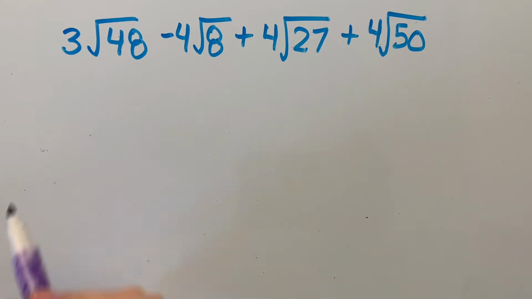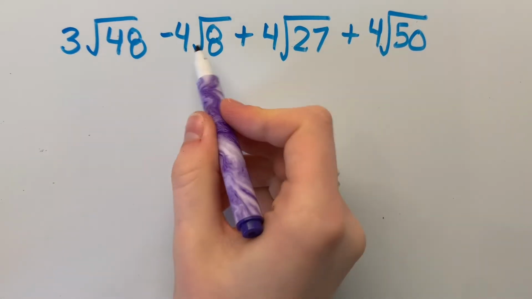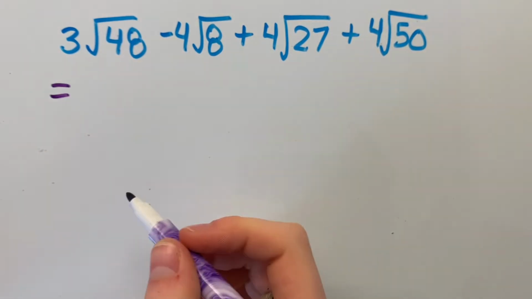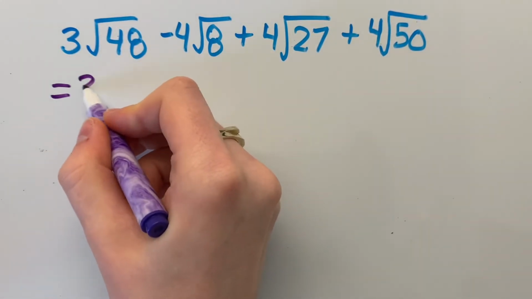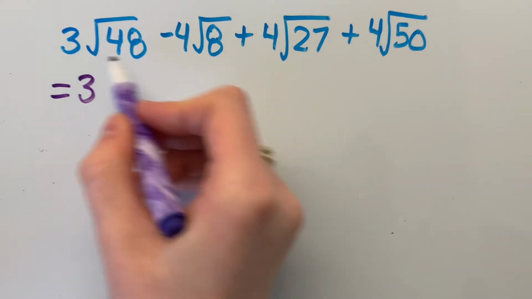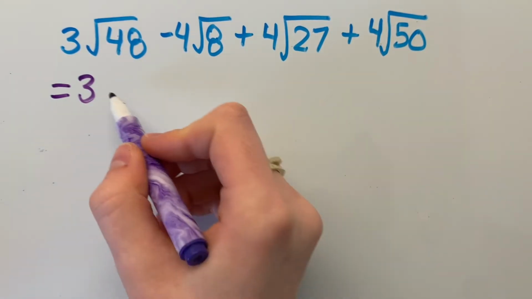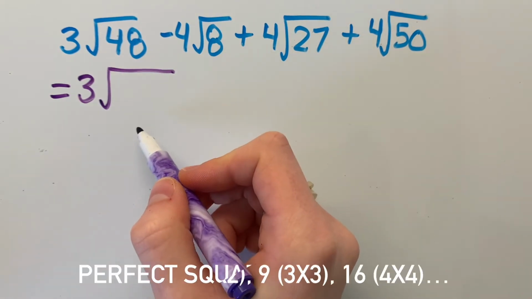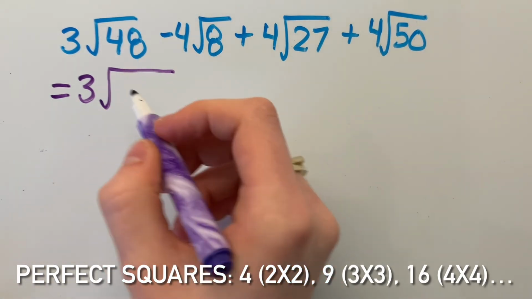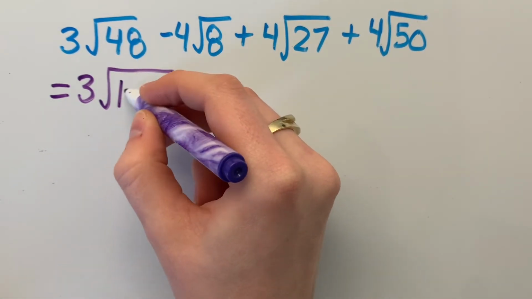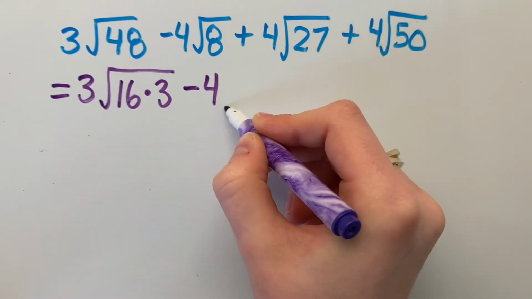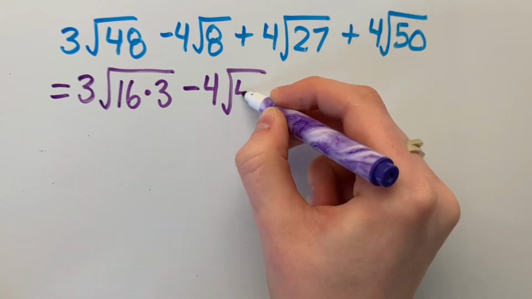In order to simplify this question, we need to simplify each of these radicals so that we can collect like radicals. So we need to ask ourselves, what times what equals what's under the radical? And one of those numbers should ideally be a perfect square, because square and square roots cancel out. So I'm going to rewrite 48 as 16 times 3, minus 4 times 8, I'm going to rewrite as 4 times 2,